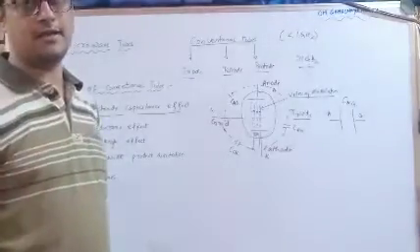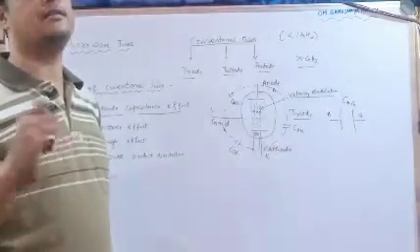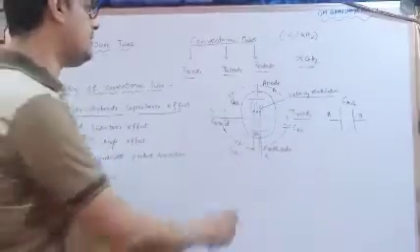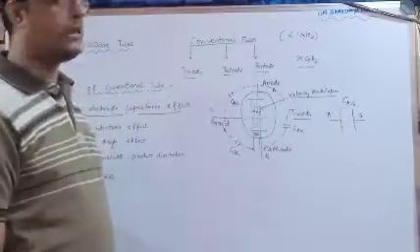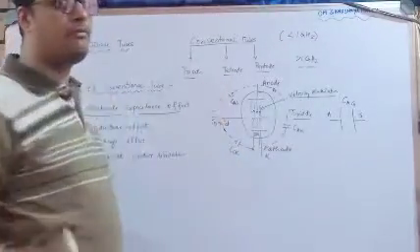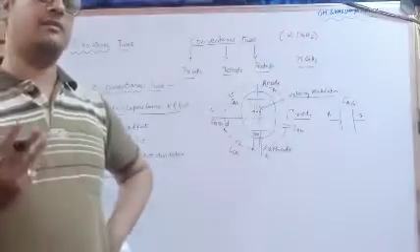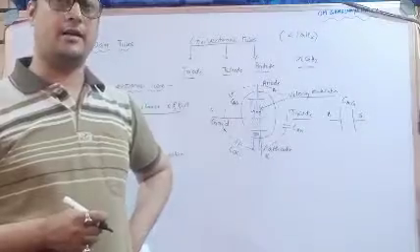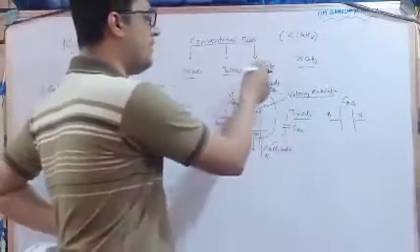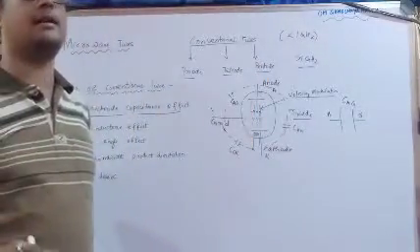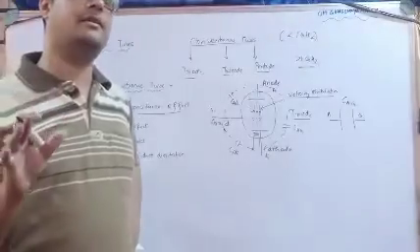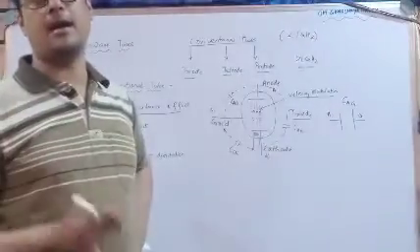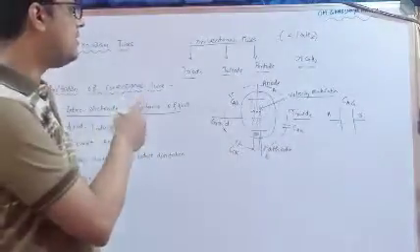Three capacitances are available. Why? Because there are three terminals. Here I have considered only a triode. If you go for a tetrode, there are 4 terminals, which means 4 capacitance values can be calculated. Similarly, if it is a pentode, there are 5 terminals, and between them 5 capacitances can be identified, similar to the triode.